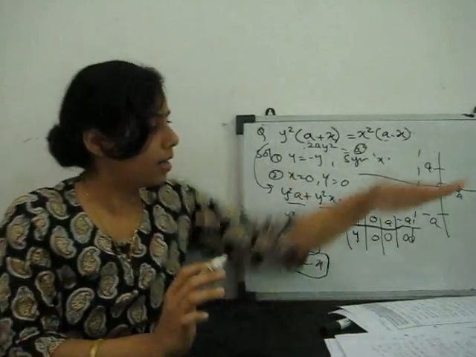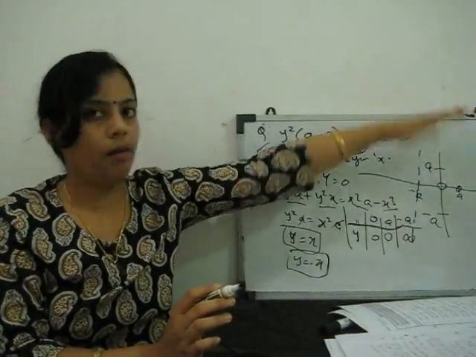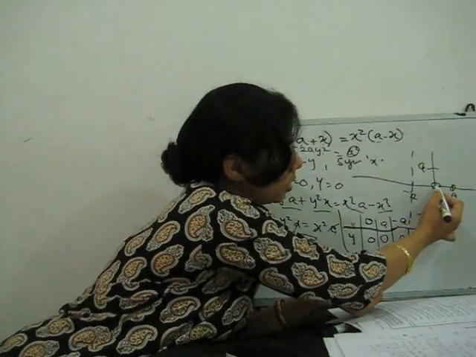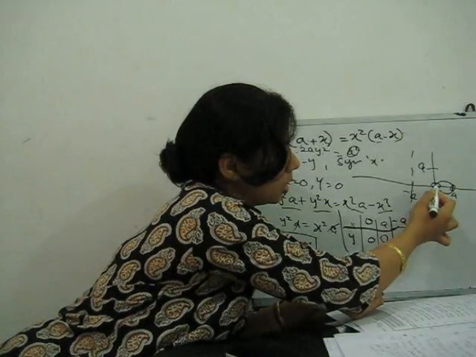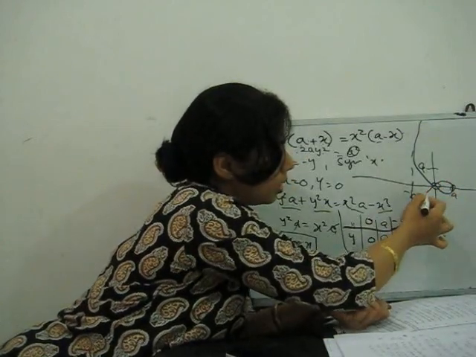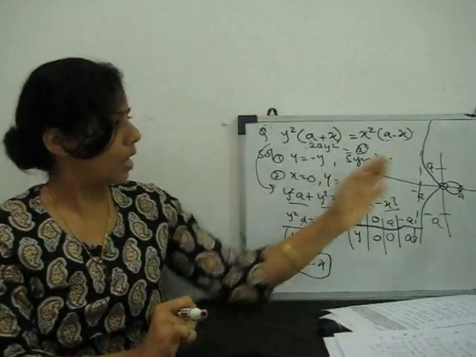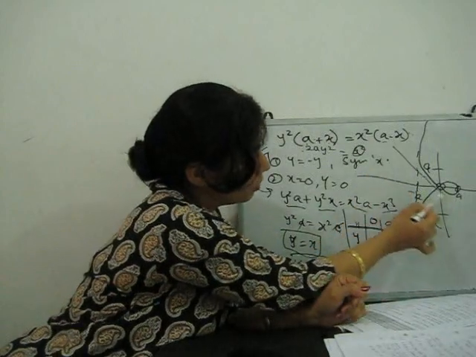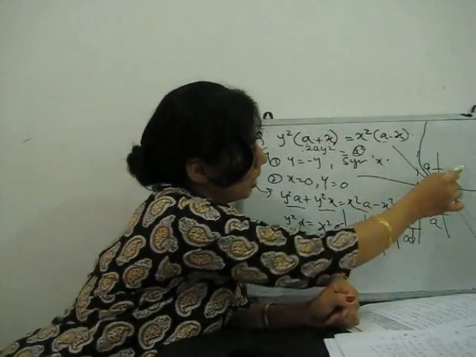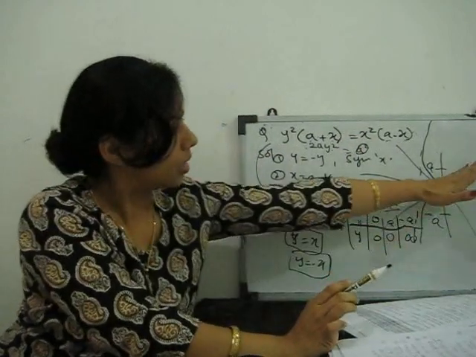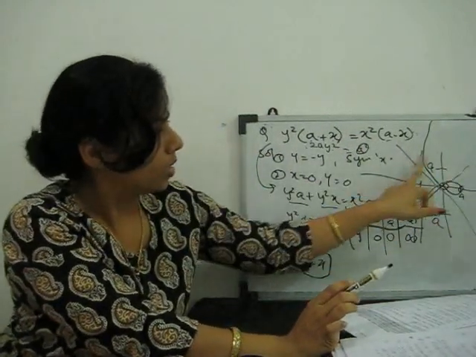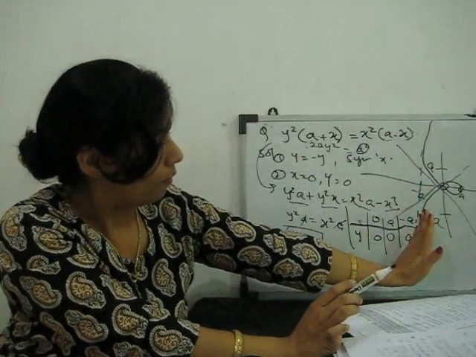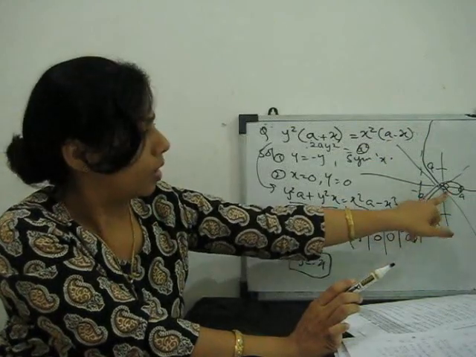And you know it is symmetrical about x-axis. Means above and below is the same, symmetrical. It means this curve is like, if this goes to infinity, then this also goes to infinity. So this is the curve like that. At minus a it goes to infinity, and its tangents are y is equal to minus x and y is equal to x. So there are two tangents, y is equal to x, y is equal to minus x, and at x is equal to minus of a, it goes to infinity. So our curve is like this.